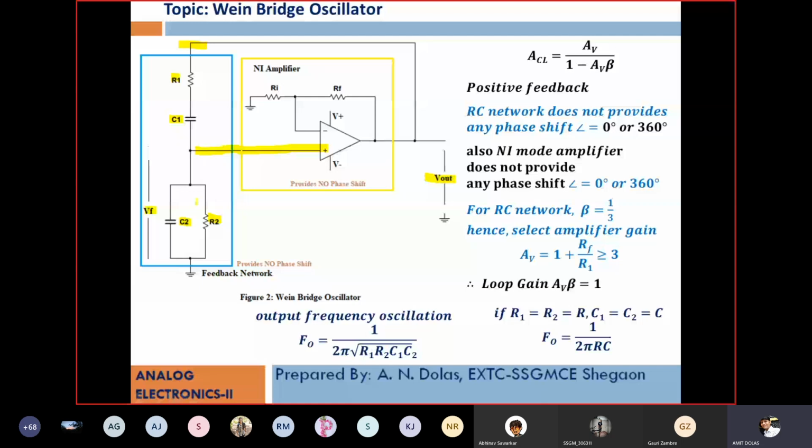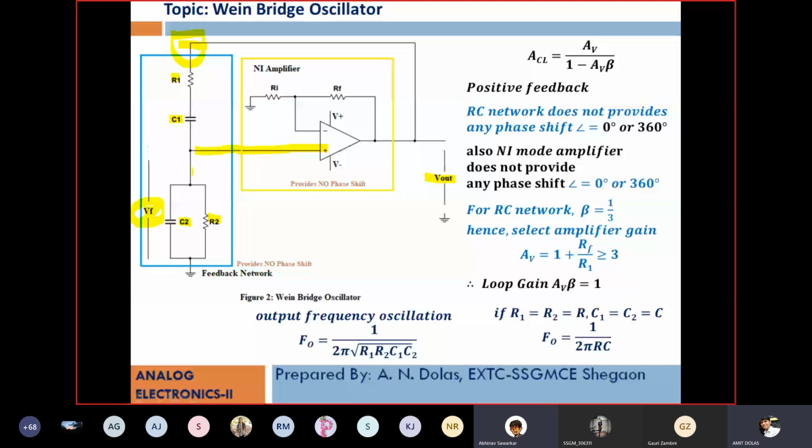The network is changed. Again, if you refer to D. Roy Choudhury, I am not going into detail because this will not be asked in the question paper and it will just be killing time. So if you calculate the output of the feedback network, that is VF, divided by the input to the feedback network, that is V out, it comes to 1 by 3. It is completely logical. Please see the book. No need to learn it, just go through it. You will understand how 1 by 29 and 1 by 3 are obtained. So for the Wien bridge it is 1 by 3.